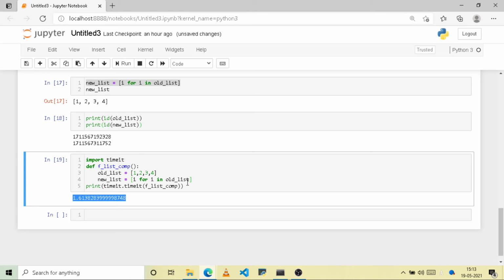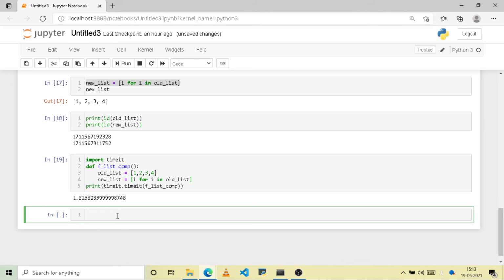Then there is another method called copy.deepcopy. That we can also try. So new list equal to copy.deepcopy of old list.